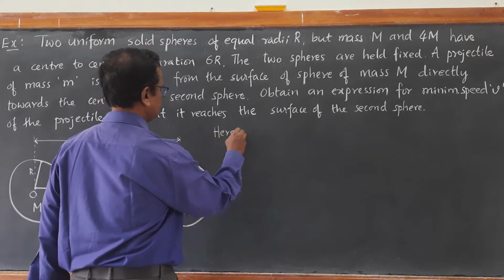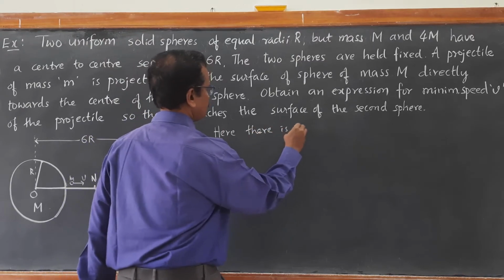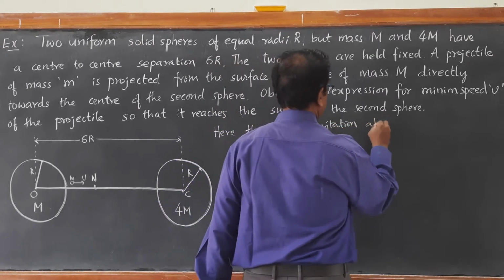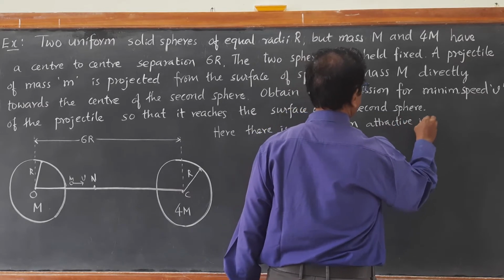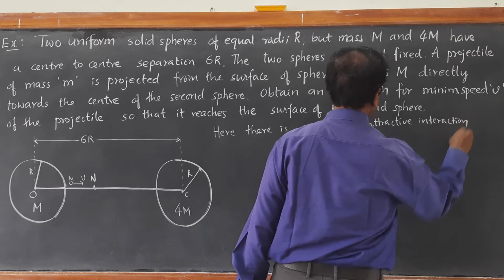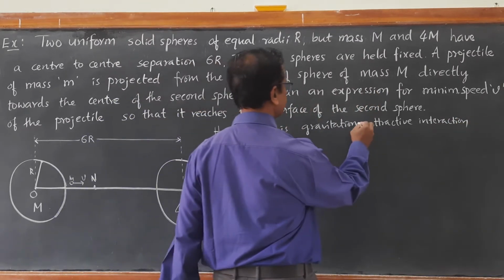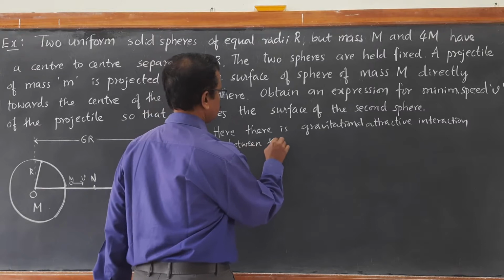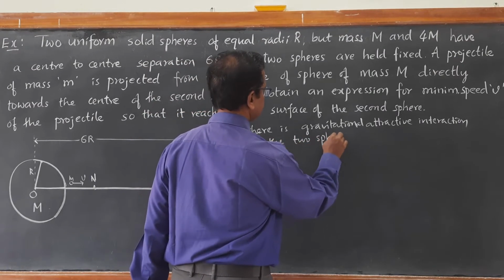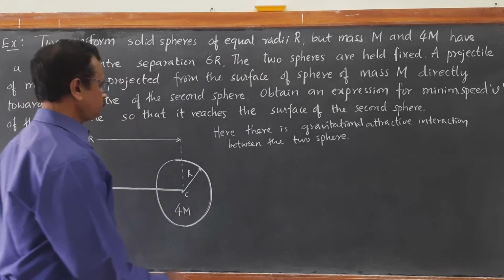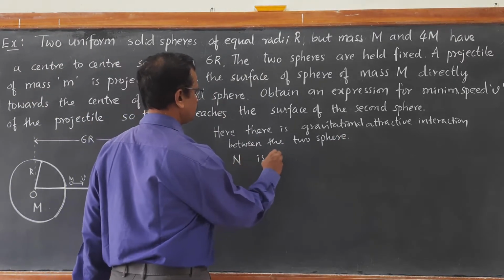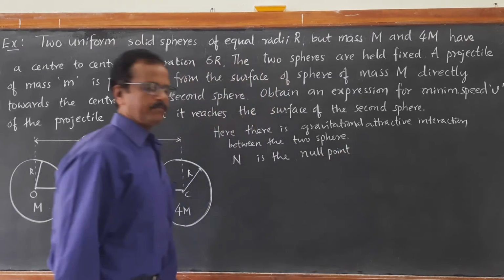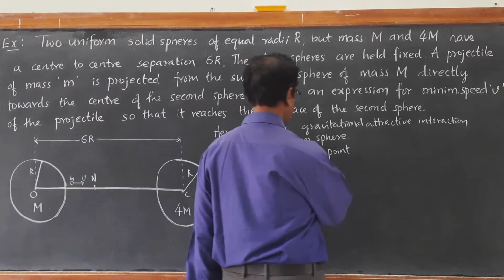Here there is gravitational attractive interaction between the two spheres. N is the null point. N is the null point at which